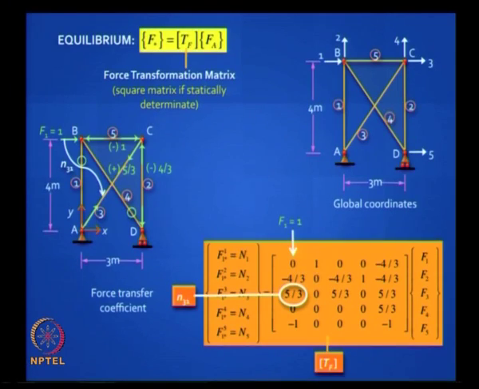You apply a load F1 equal to 1 on the structure. Can you see what I've done? You apply F1 equal to 1, immediately you got to transfer N31 to bar number 3. In this case 5 by 3. But don't take that analogy too far because you are actually transferring more money than that came in. Okay, right? So this is the meaning of force transfer coefficient, right?